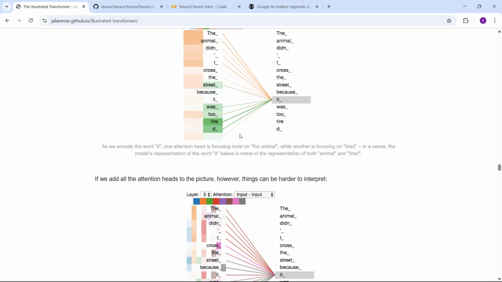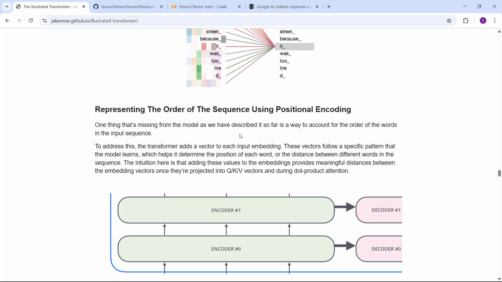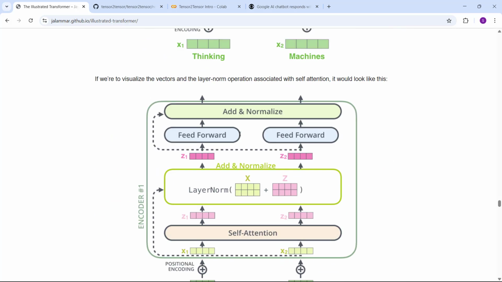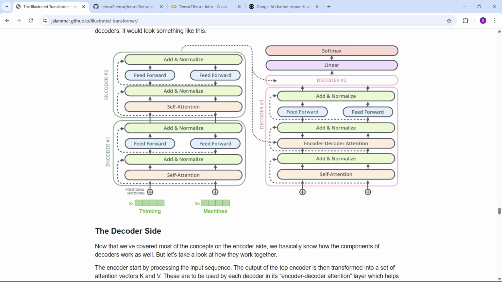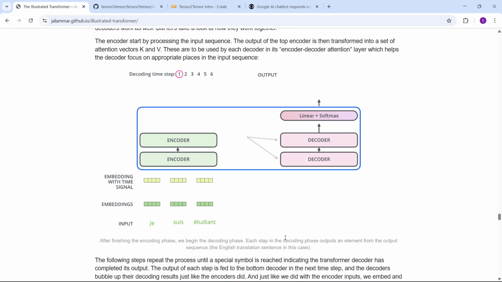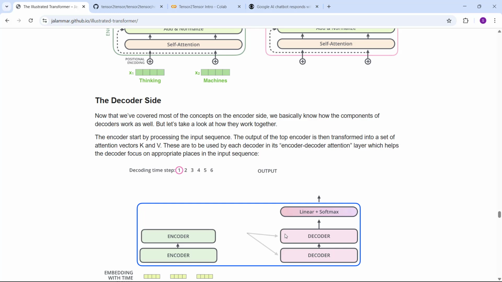Now let's understand the decoder side as well. So far we saw the encoder. Now let's deep dive into the decoder side. So this is the decoder side. Here we are trying to translate the input words, thinking and machines. The input to the decoder is the starting sequence; we get the token ID, and then we do the positional encoding, similar to how we did before for the encoder model.